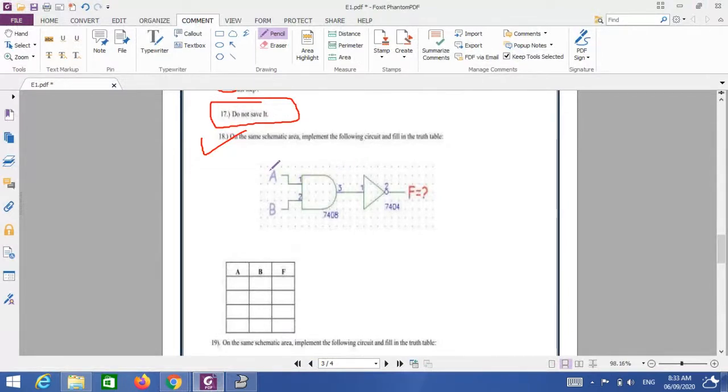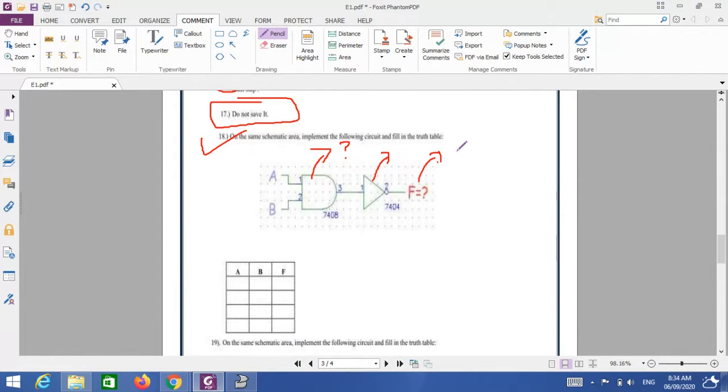Now see here. What do you mean by this A and B? See, labeling is important. Here you have to write what this is. This is AND gate. Write the name here. What is the name of this? This is called AND gate. This is NOT gate. What is F? F is nothing but your output, your LED.